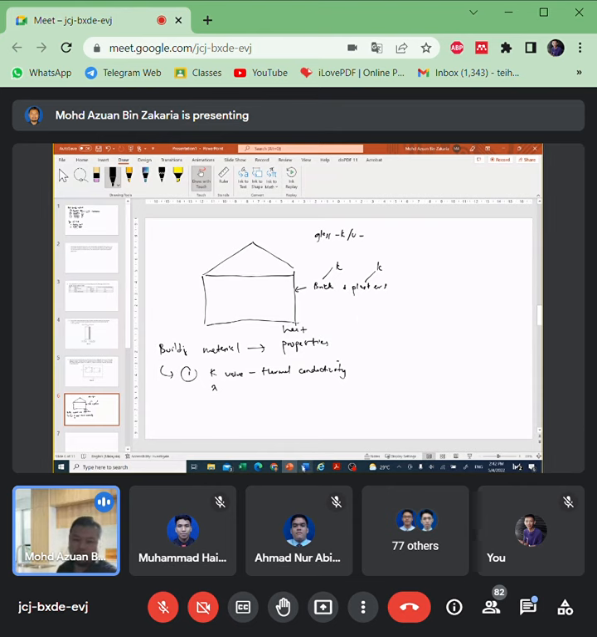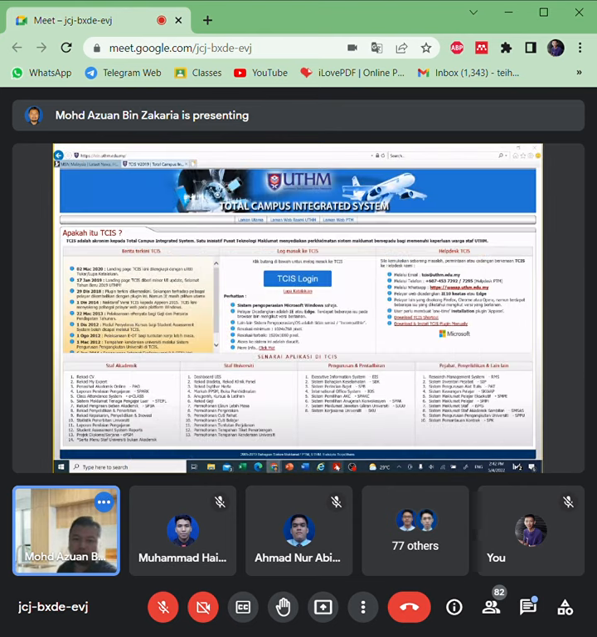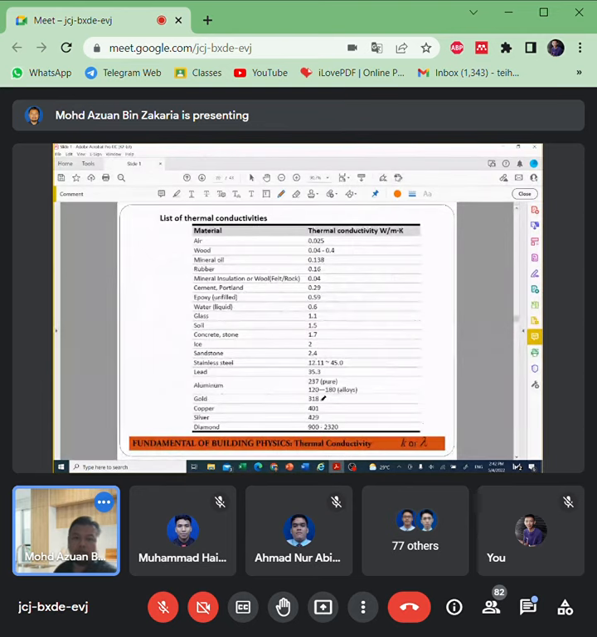For example, we see this table. Okay, we have materials such as air, wood, mineral oil, rubber, and so on. If you can see the thermal conductivity value goes from smaller to bigger going down the table, which means diamond, silver, copper are good heat conductors. Right. But in terms of limiting the heat, we don't want conductors. We want insulators for building. So, for example, air, wood, mineral oils have less than one